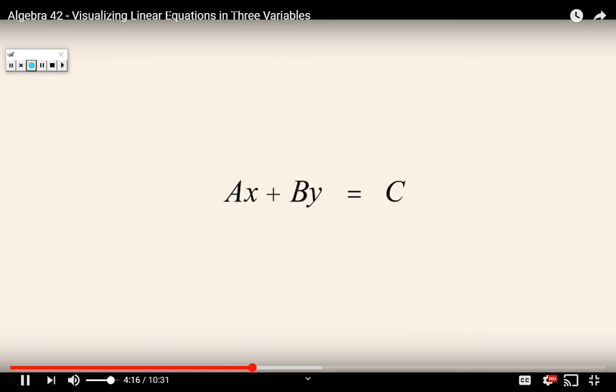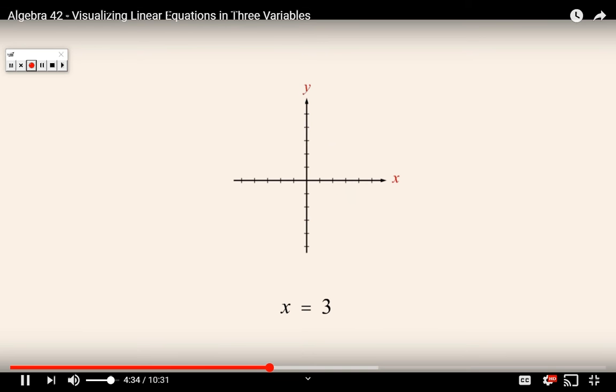Likewise, setting b to 0 and a to 1 eliminates y from the equation. If once again we set c to 3, we get the linear equation x equals 3. Now, since y is free to take on any value, the graph